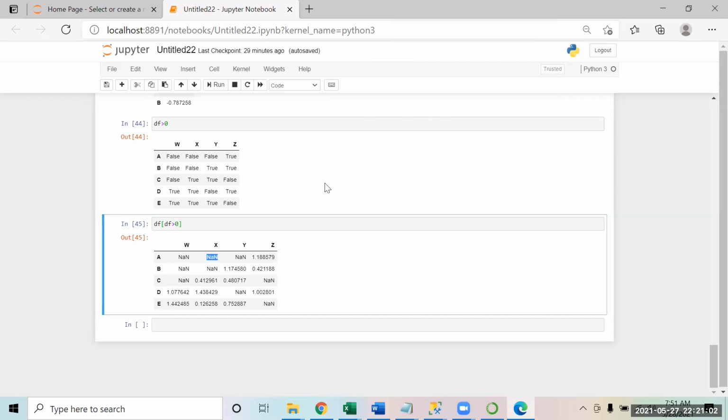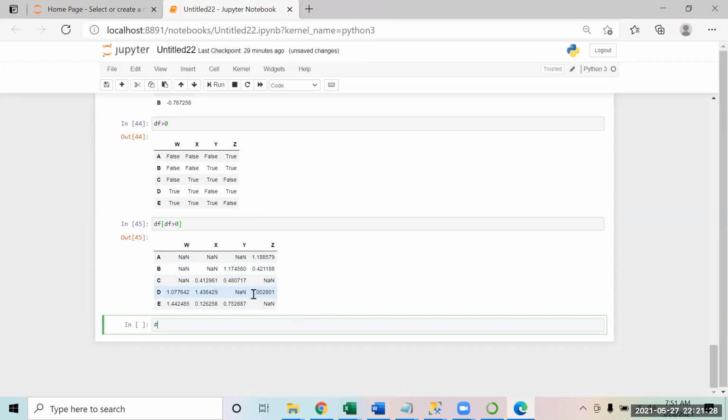So you can use any sort of condition operators over here: greater than, less than, equal to. All these are going to work. Suppose I now ask you something, maybe you will be able to do it, which we have done already. If you want to use two conditions, maybe I can talk about that as well.